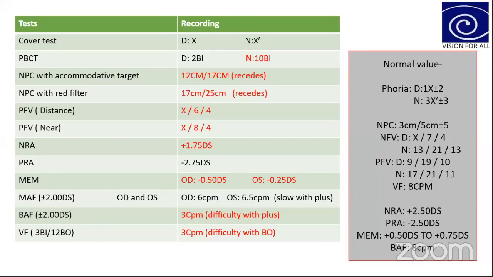Here the direct test has everything decreased, with the base out. And if you see the indirect test, everything is reduced, with the binocular plus lens. So this tells us that the convergence parameter is poor. If the convergence parameter is poor, this is a case of convergence insufficiency. Okay, so for better understanding,